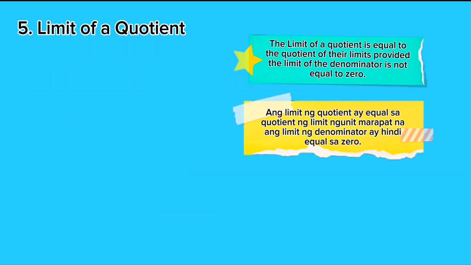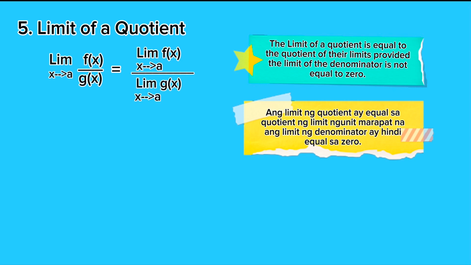Limit of a quotient. The limit of a quotient is equal to the quotient of their limits, provided the limit of the denominator is not equal to 0. The limit of f of x divided by g of x as x approaches a equals the limit of f of x as x approaches a, divided by the limit of g of x as x approaches